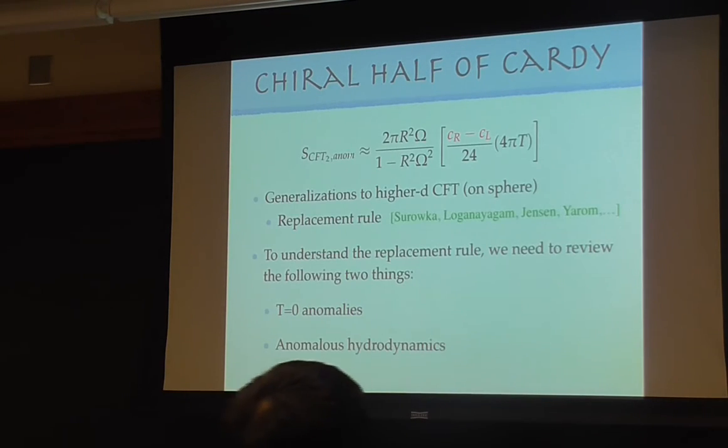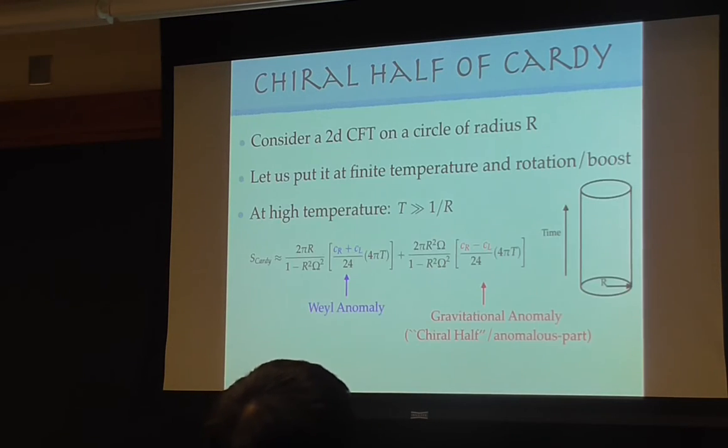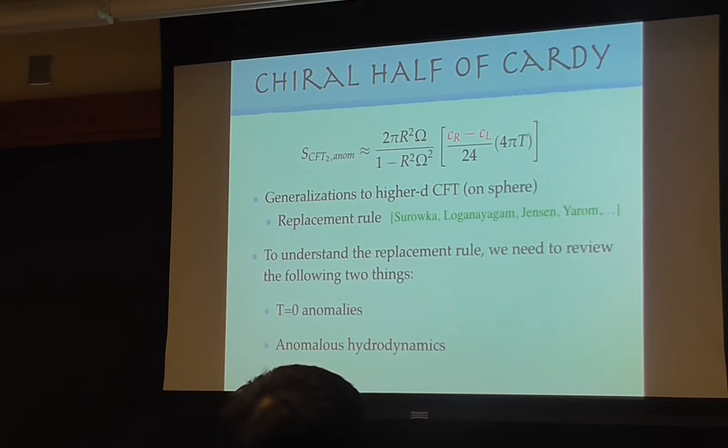So again, let me just put a tilde in every formula to say that's the anomalous part, and just keep it there. Now to generalize this to high dimension, consider the CFT on this kind of geometry, on a sphere times time. The reason to put it on a sphere is that a lot of thermodynamic quantities are densities. They are finite only as densities when you take the radius of the sphere to infinity, so we have to do it more carefully. So I kept the radius of the sphere there. Good. So this in high dimension is called the replacement rule. I'm going to show them and motivate how they look in the next few slides.